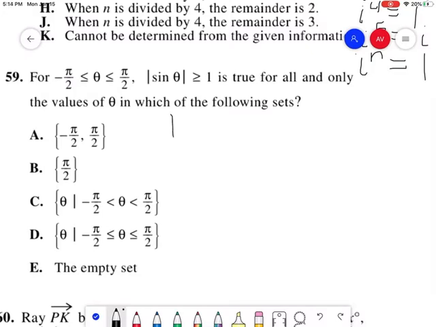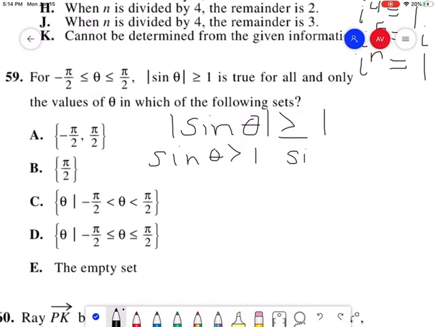So they give us sine theta is greater than or equal to 1, which is the same thing as saying sine theta is greater than 1, or sine theta is less than